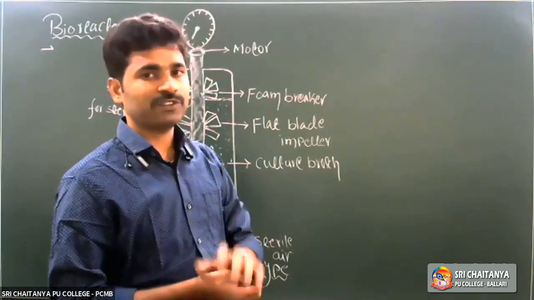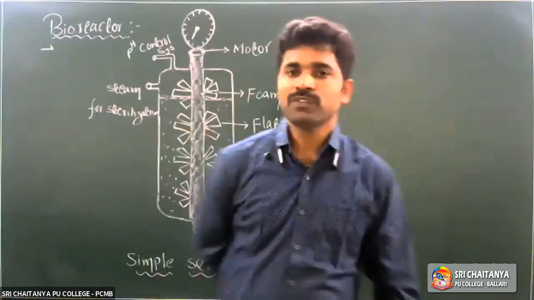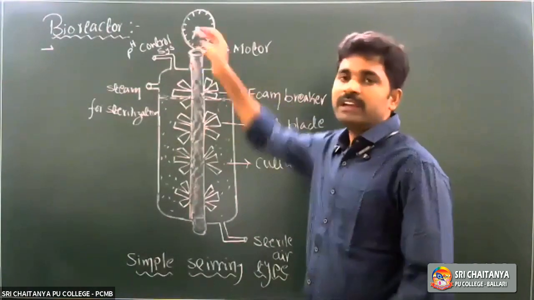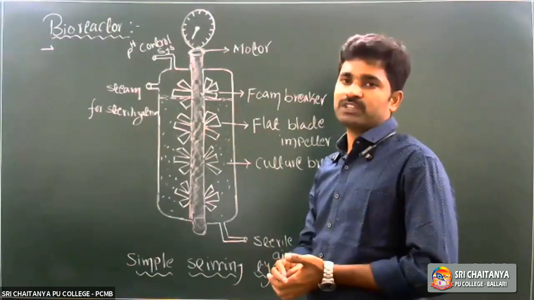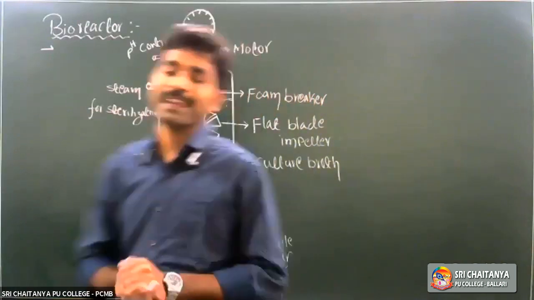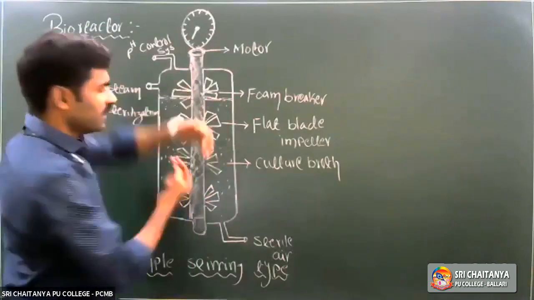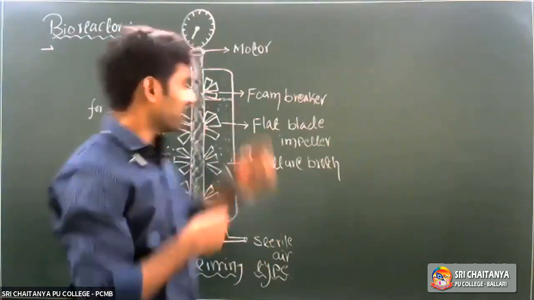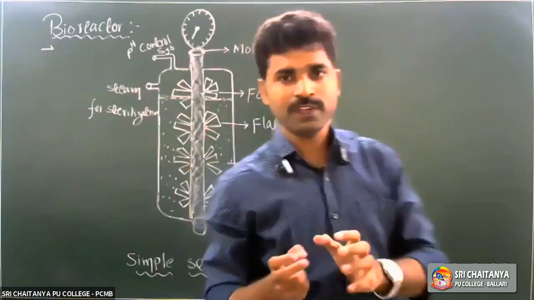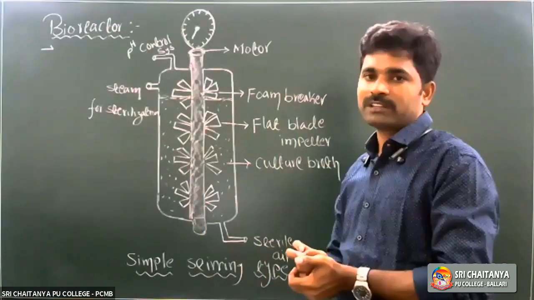And one more thing, in yesterday's class I told you, it has a pH control system. Yes, it has a pH control system, and it also has a temperature control system, on another side actually. And one more thing, agitator system. What is agitator system? Agitator system is nothing but the stirring structure. This entire structure is called agitating structure. What is the use of agitating structure, sir? That agitating structure helps in mixing of the reactor contents.